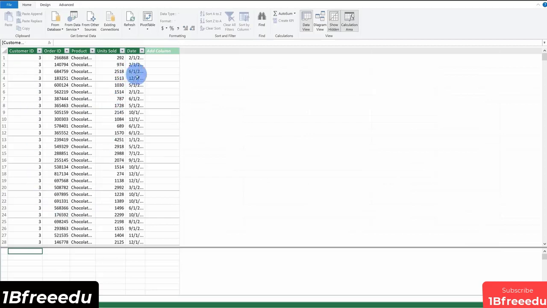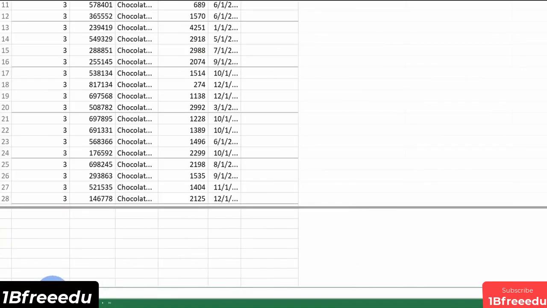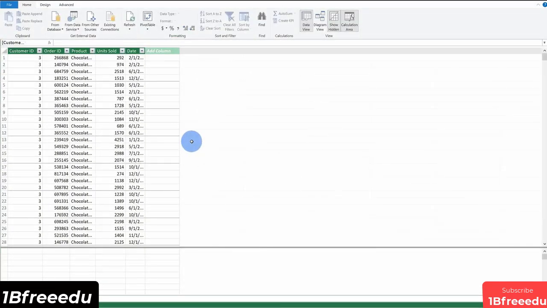Now you'll see that it successfully imported all of the orders into Power Pivot, and down in the bottom left hand corner you can see that there are 2 different sheets. We have all of the customer information and we also have all of the order information. Next, I want to show you how we can get the cookie type information into Power Pivot, but instead of going through and selecting other sources, I want to show you how you can bring it in